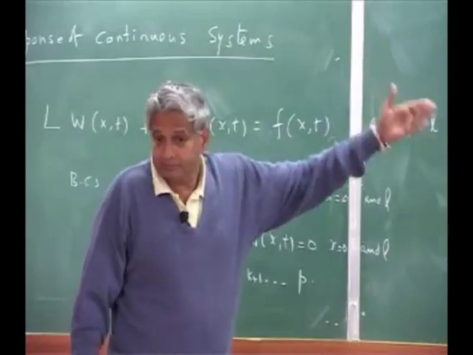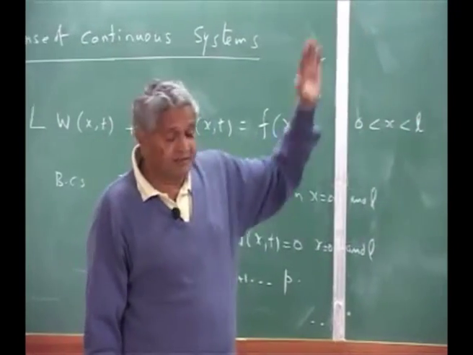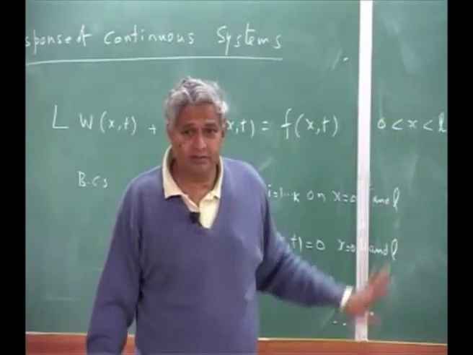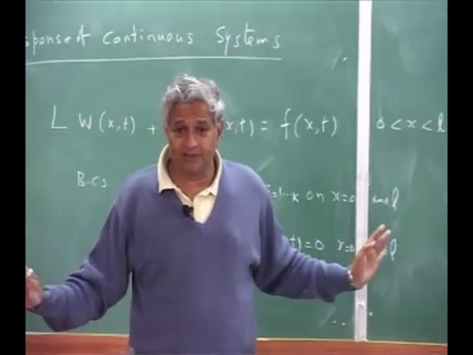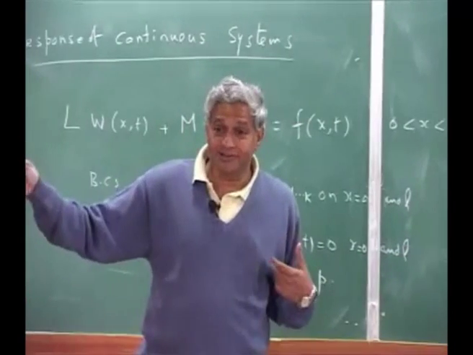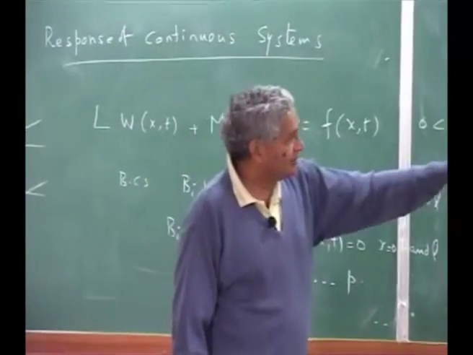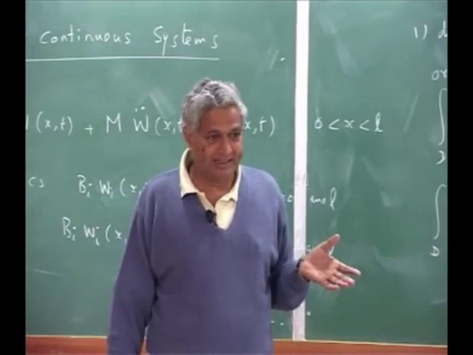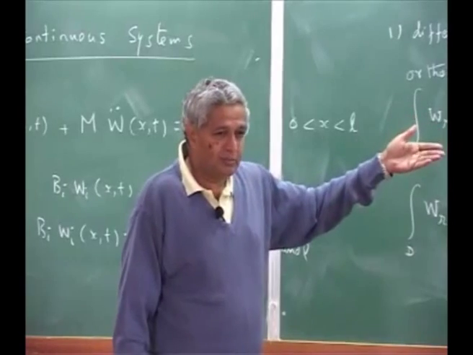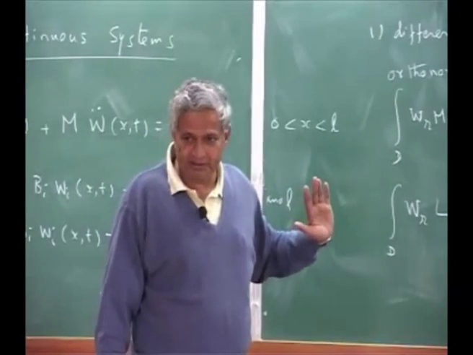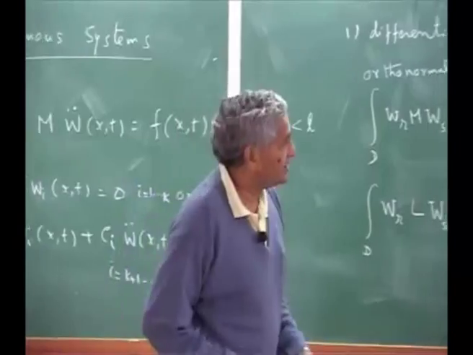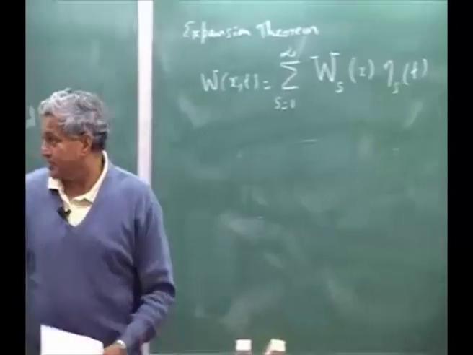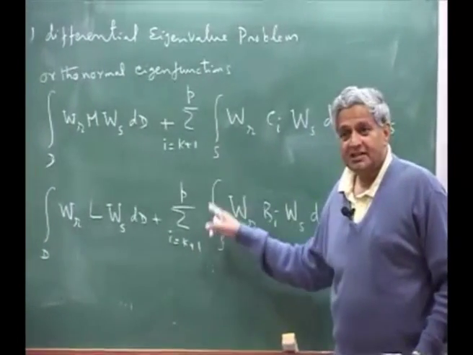That means you can have more number of modes. You don't go to infinity. But normally in a helicopter rotor blade, we take about 6, 7 or 8 modes. That means our entire continuous system is now converted into only 8 or 10 degrees of freedom. This is what you may call modal analysis. So the expansion theorem allows you to write this, and then you substitute it in your equation.